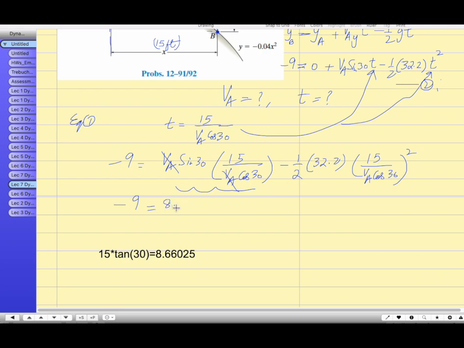So one student says yes, so it means correct. So 32.2 divided by 2 times 15 squared divided by cosine 30 squared, that is equal to